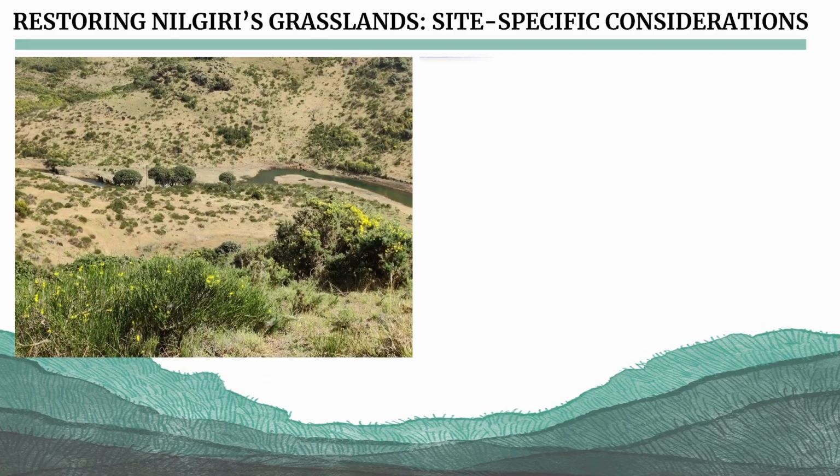A couple of other things, and this we talked about scaling up, and this is very key. From my experience, we've had a lot of trouble germinating many of the native seeds of grasses. We've been able to grow them from cuttings and tillers and so on. I don't know, other people here with nurseries will have a better idea of this. If you're not able to generate from seed and you have to go from cuttings, then it just changes the game entirely, right? You need nurseries and you need stocks. And again, this is a point that's been made multiple times. So establishing grassland nurseries is very critical